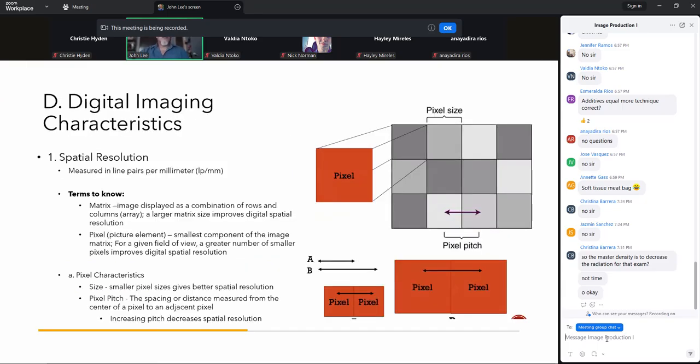So moving into our spatial resolution, looking at our digital imaging characteristics. Resolution is measured in line pairs per millimeter. Okay. Now, a line pair is, let me get my pointer up here. Pointer over here. A line pair, if we have a resolution or we have a set of lines, I know